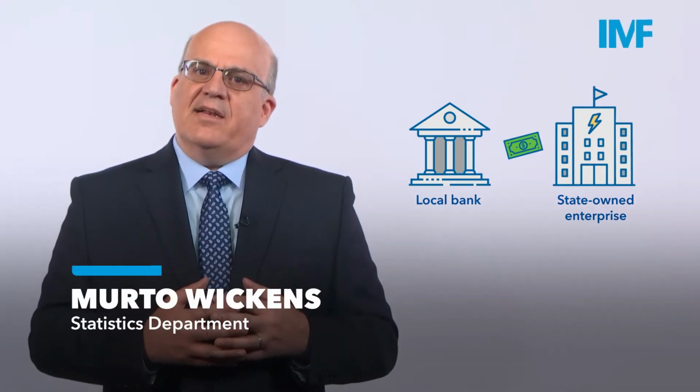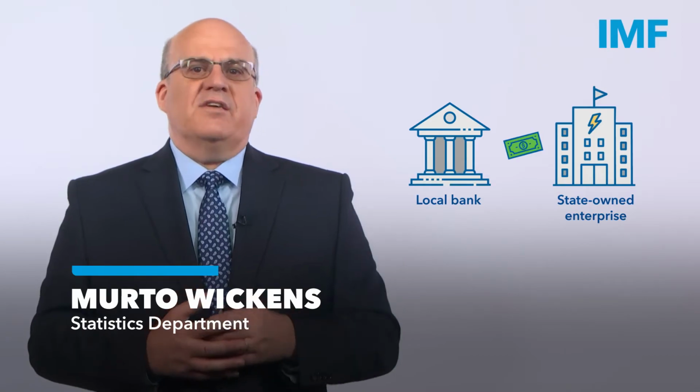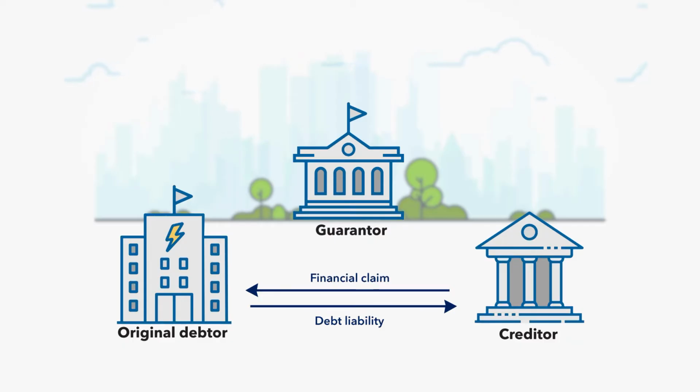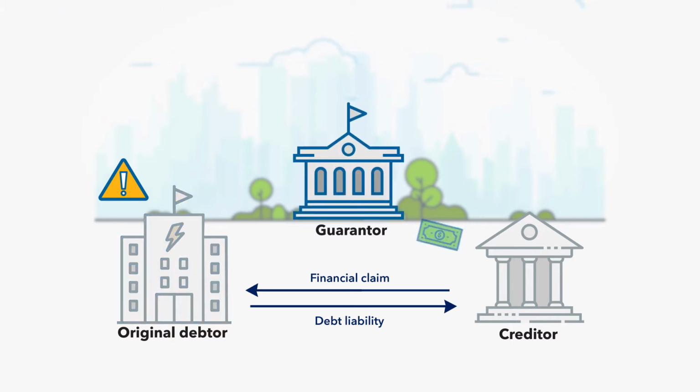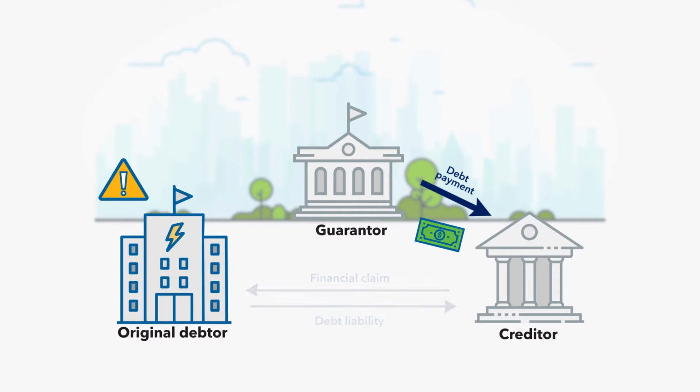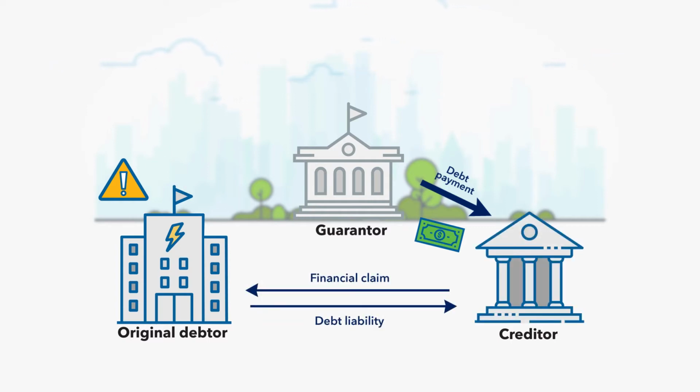Let's say a state-owned enterprise borrowed 100 from a local bank. This loan is guaranteed by the central government. At some point later, the state-owned enterprise is unable to repay an installment of this debt because it has a temporary cash flow problem. Under the terms of the guarantee, the central government then pays this one installment on behalf of the state-owned enterprise. In this case, the financial relationship between the state-owned enterprise and the local bank remains the